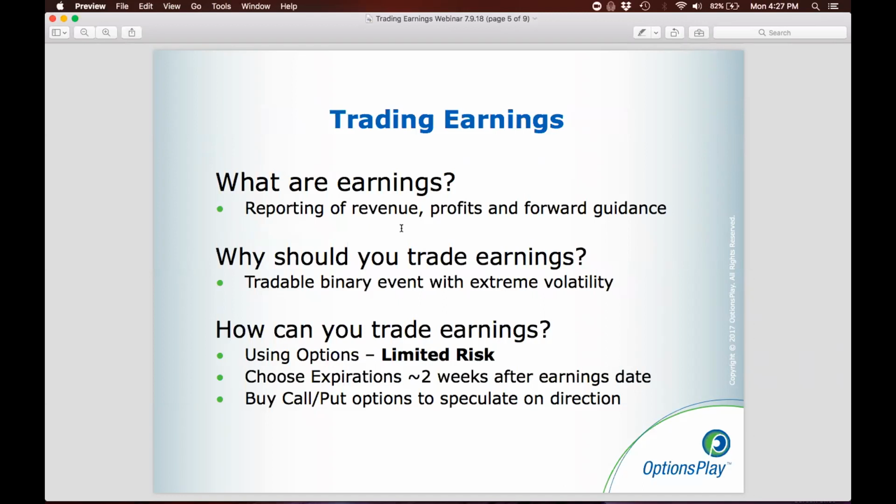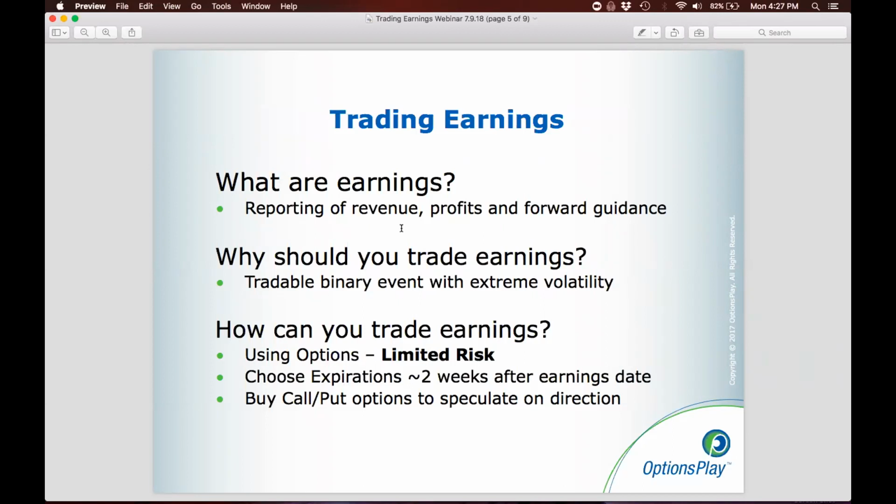Usually a lot of banks start off the quarter, so a lot of the banks will be reporting in the next few weeks. We'll be looking at a couple of those. Healthcare stocks are the types of stocks that typically report early, and this provides us with some guidance as to what the whole quarter is going to look like. So the first week is really important to follow and understand, because it's going to provide you with a template of what is likely going to happen for the rest of the quarter.